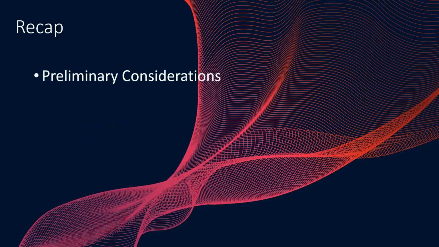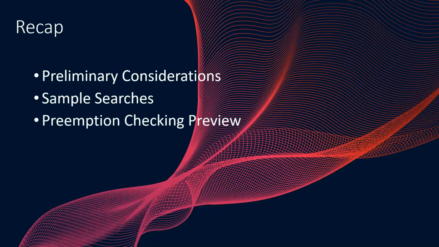What we covered today were those preliminary considerations. Make sure you're writing on something of interest. Think about timing, things like that. We did some of those sample searches, things like finding circuit splits, things like using the news to find newsworthy pieces of legislation and cases that you might want to write on that have open questions, or finding matters of first impression. And then finally, I gave you a little bit of a preview about preemption checking. And frankly, at that training, I'm also going to give you a preview of brief analysis, which will be an amazing tool you can use to actually recommend cases to you to help you fill out your notes. So that's coming down the pipe too.